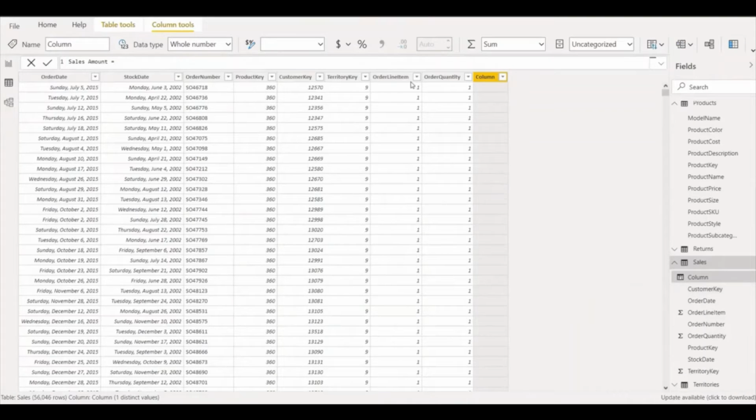So what we want to calculate is to multiply the order quantity. Just type in order quantity. With the IntelliSense feature of Power BI, it automatically filters only those fields within your table which have the word order.